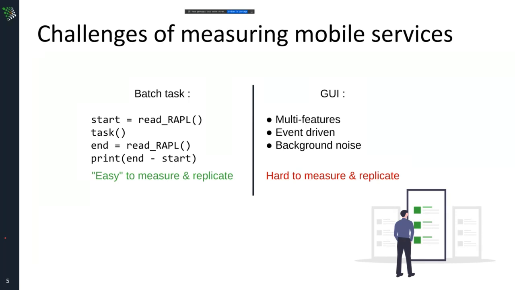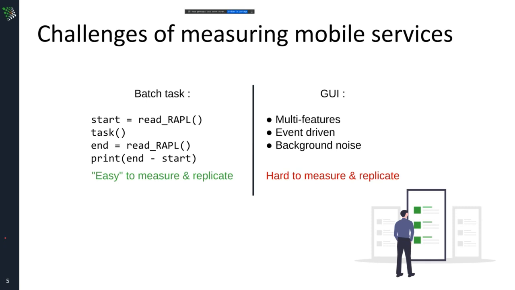However, with graphical user interfaces, the software generally offers a lot of different features. These features are event-driven, so the energy consumption will depend on the user. And there is also a lot of background noise. On a server, on an experimental setup, you can reduce the noise by disabling a lot of things on the OS. With mobile services, generally you have more limited control over the operating system of smartphones,